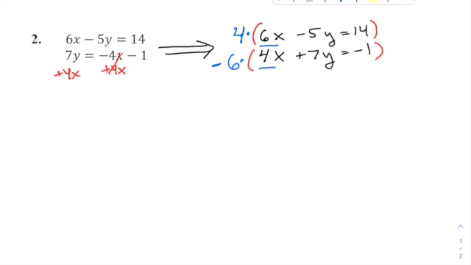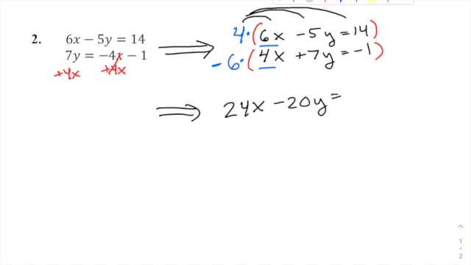So now take a look at what this new system is after I do that. I'm going to take that 4 and distribute it to that entire first equation. Don't just do it to the x's. That's the same rules of algebra we've always learned. If you do it to one piece of the equation, you have to do it to everything. So 4 times 6x gives you 24x. 4 times -5y is going to give you -20y. And 4 times that 14 is going to give you